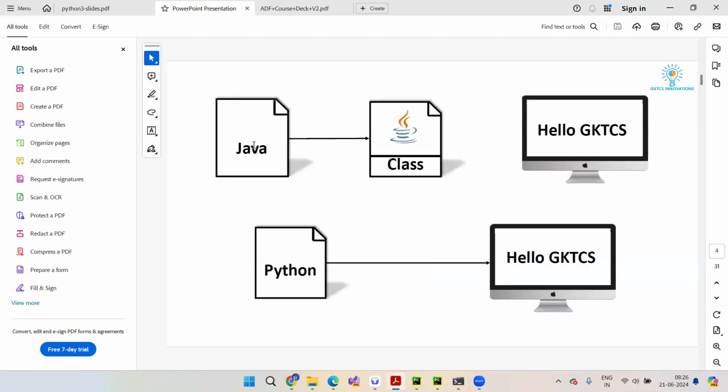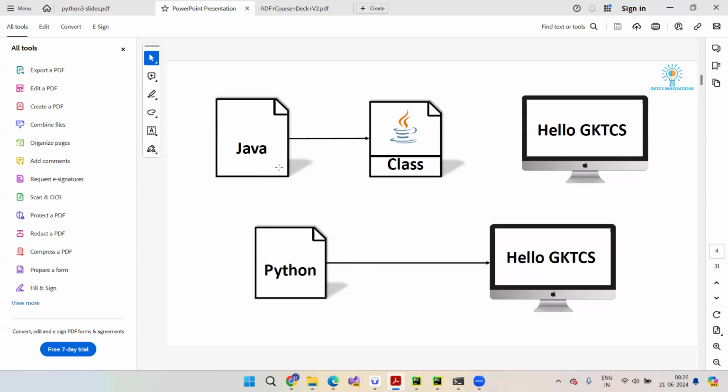If you see Java, in case of Java, we run the Java code and some class is getting generated and you get some output on the screen, correct? Similarly in Python also, but in Python you simply run the code and you see the output on your machine. Like I am trying to print something on the screen, so you directly get it on the screen.